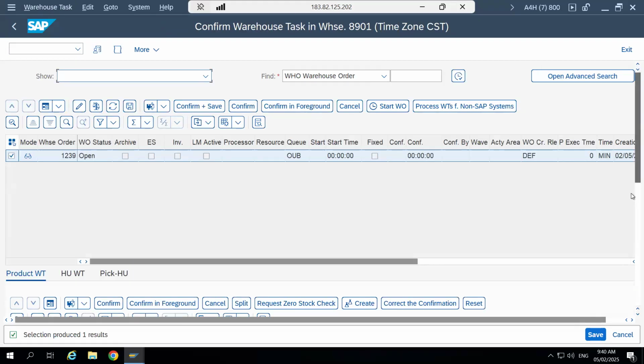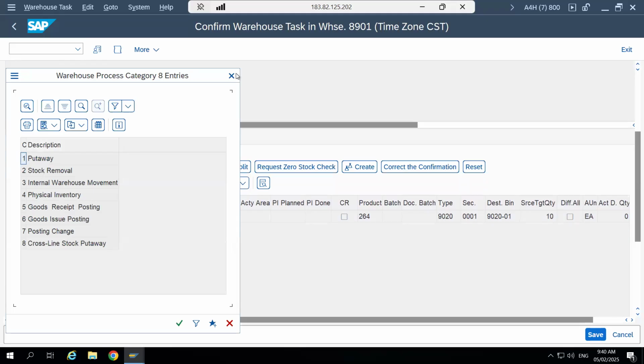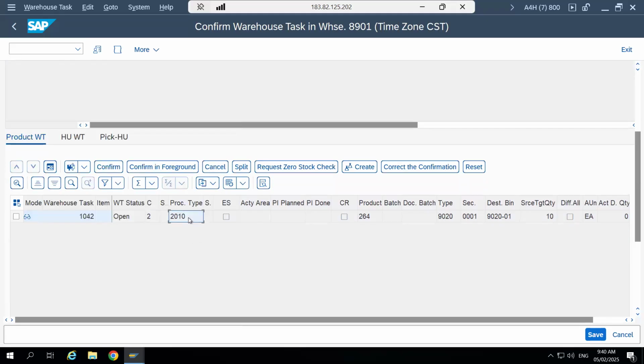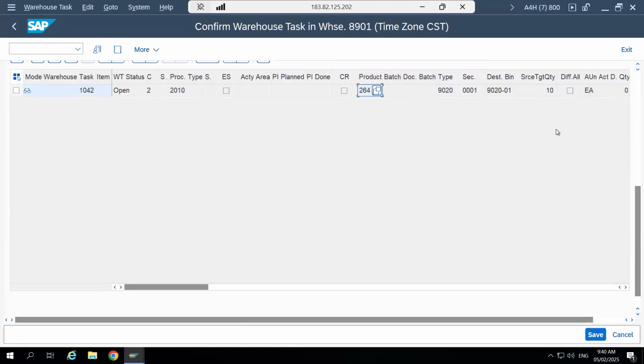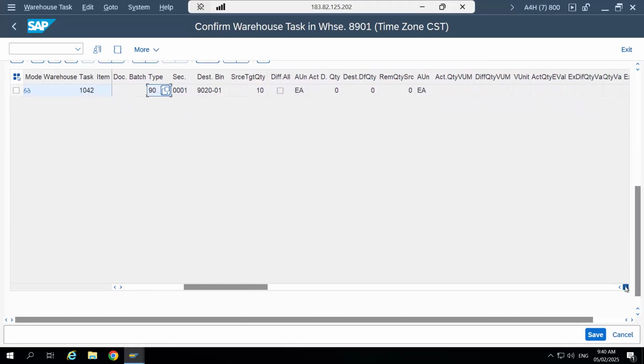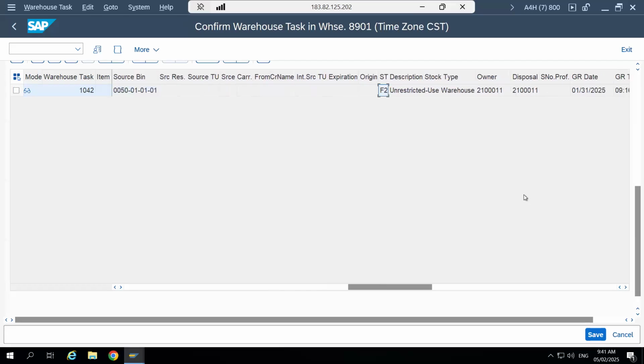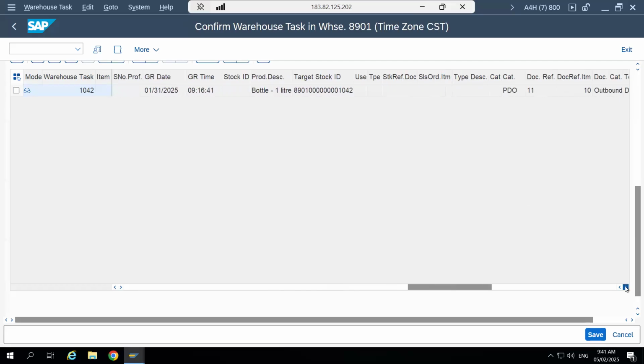You can see here, this is warehouse task 1042. Currently this warehouse task is open, and it is created with the category for stock removal. It is warehouse process type 2010 for the product 264. The destination storage data, then the source storage data, quantity 10, source storage data picking, which is entered manually, stock type F2, party entitled to dispose, date, time, other